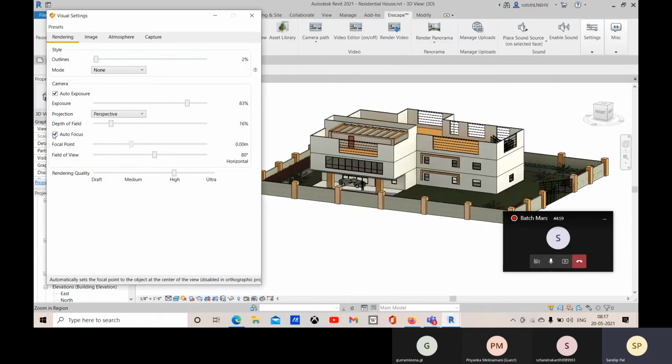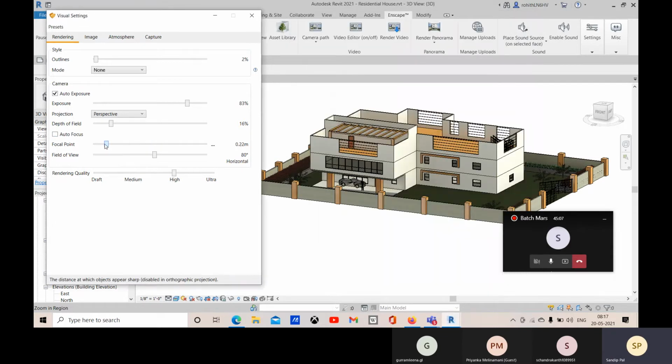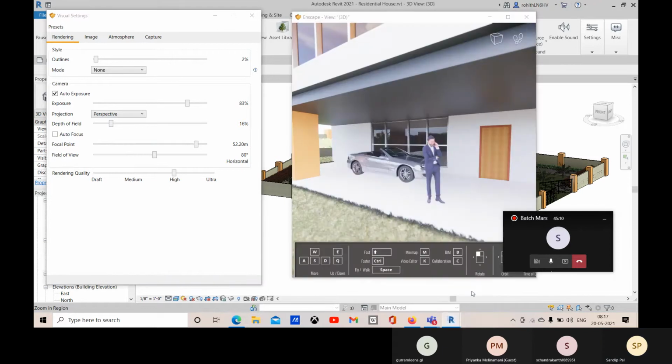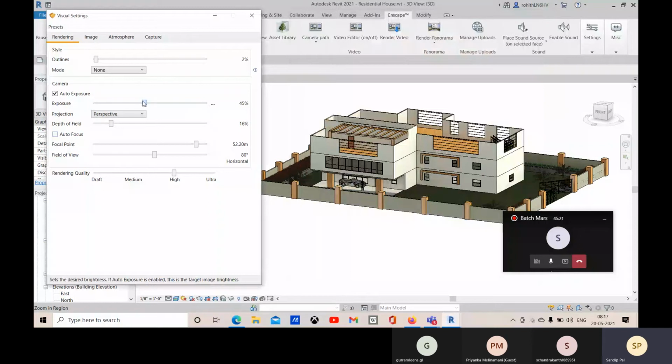Right now, let me show you that. If I uncheck this autofocus, right now I can change the focal point. And if I change this focal point to this, or if I increase this focal point, you see that I'm getting the options. Just a second, let me change to 50%.